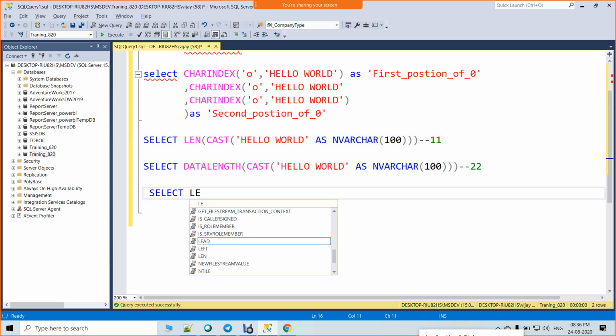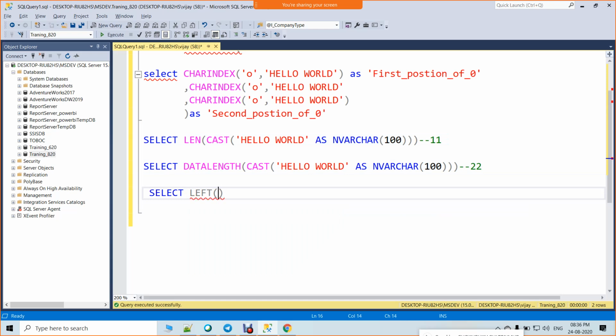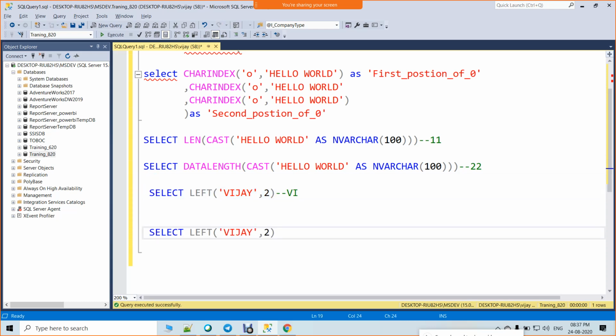So SELECT LEFT. I'll give some questions on top of it. First I will explain it. After that I will frame some questions and give them to you. Then using this concept you can try out the questions. Okay, so LEFT. Let me talk about LEFT of 2 characters. For the given string, I need LEFT of 2 characters. What will I get as output? VI. Perfect. That's absolutely correct. VI. So same concept if you use RIGHT actually. Okay, let me copy paste it so that I can share it. AY, I see. AY. Perfect.